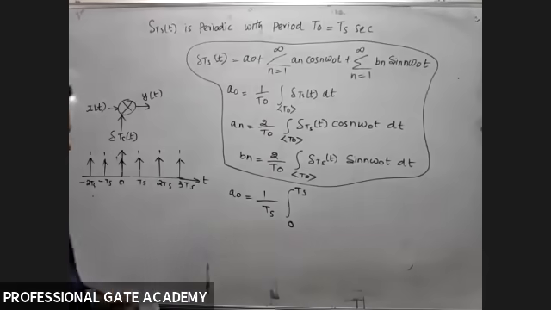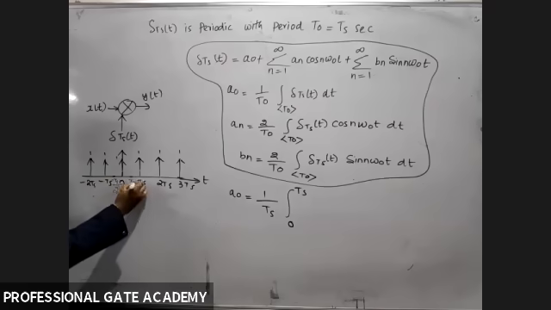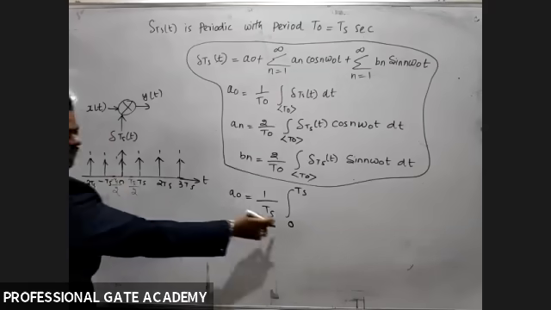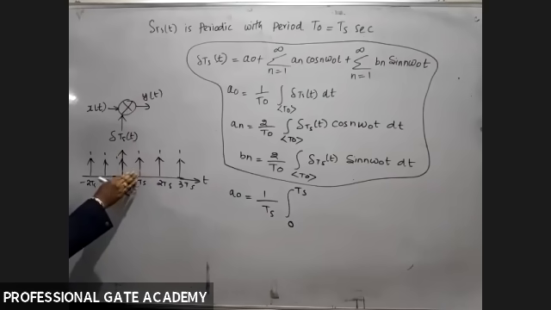So what is the period here? Only this impulse is repeating. So this is the repeating component. So now from here to here we have to take, so minus Ts by 2 to Ts by 2. Have you got my point? So only one impulse is repeating. If you take 0 to Ts, 2 impulses are coming. That is wrong. This signal is periodic, whether symmetric or non-symmetric.